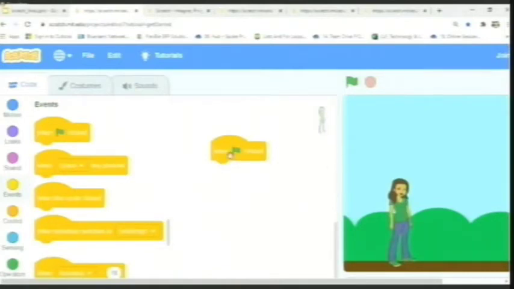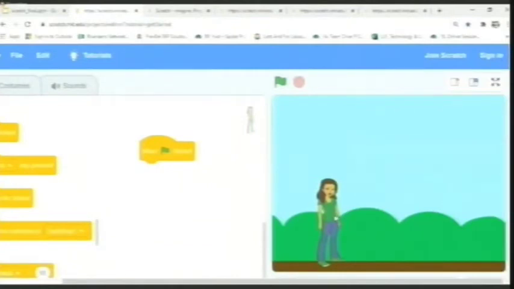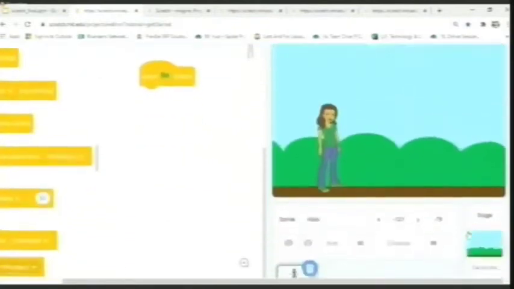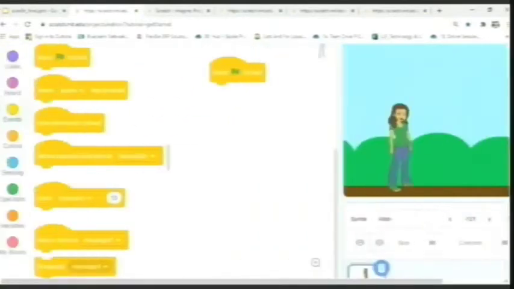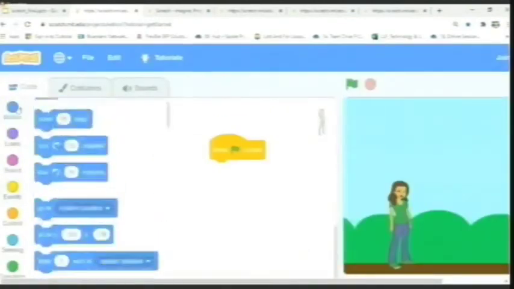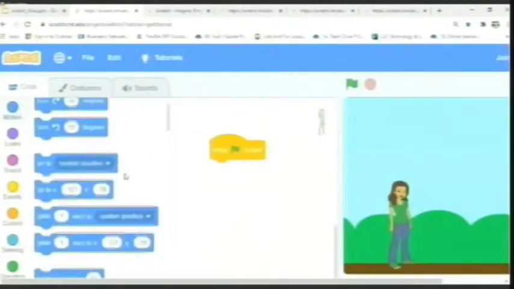Now I have put my first block. What I want to do is have Abby move from this position to this position. Abby's position is currently in the 3rd quadrant, but I want her to move to the 4th quadrant. In order to do that, let me keep this slide here and go back to the motion blocks and see what motion options are available for Abby.